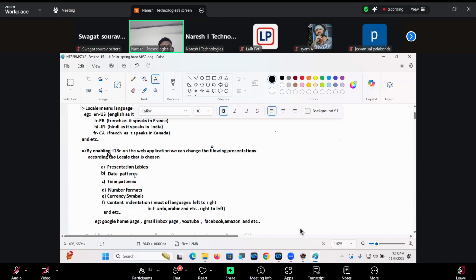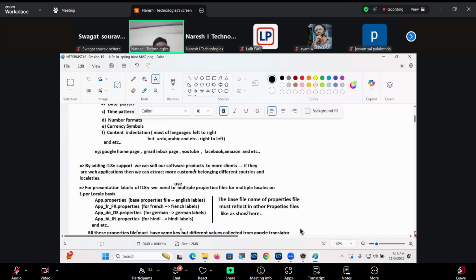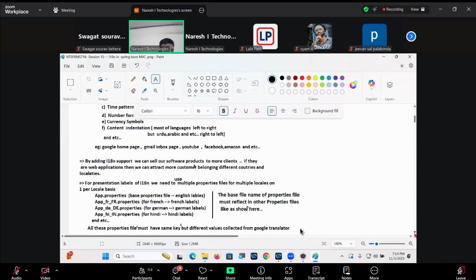It helps to change the presentation labels based on the locale we choose, date patterns, time patterns, number formats, currency symbols, and content indentation, left to right or right to left. Google homepage, Gmail inbox, YouTube, Facebook, Amazon, and so on, in many places we have this.